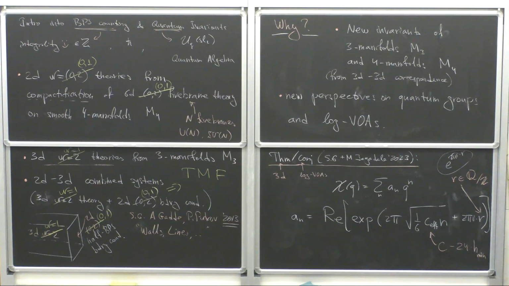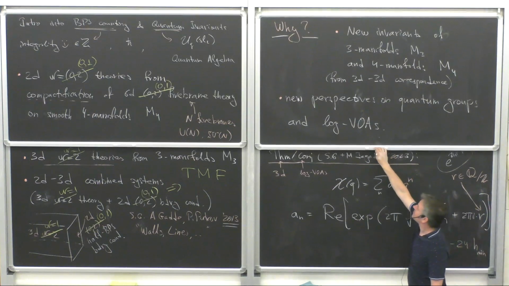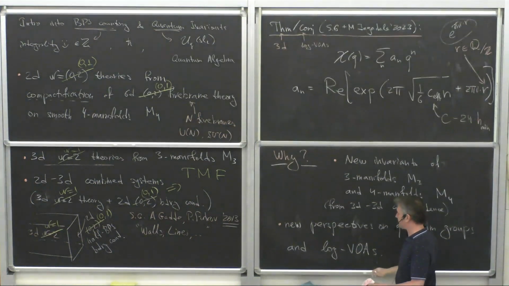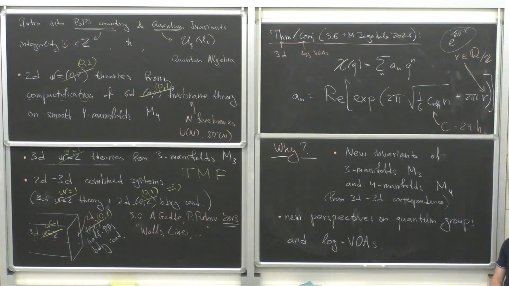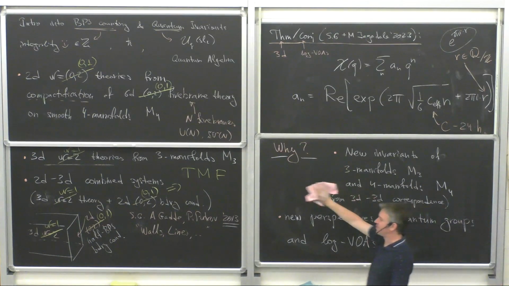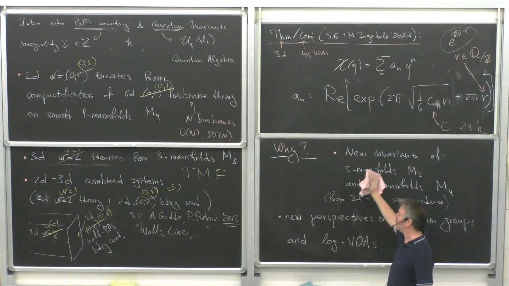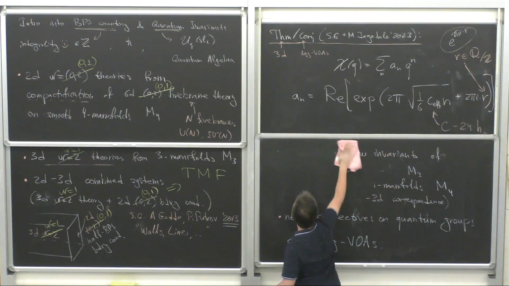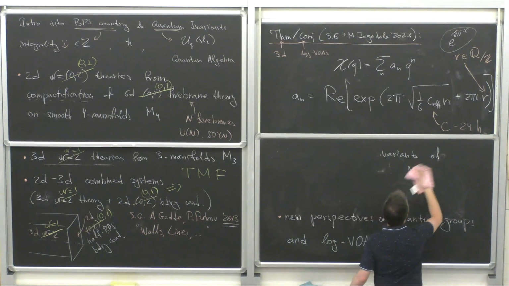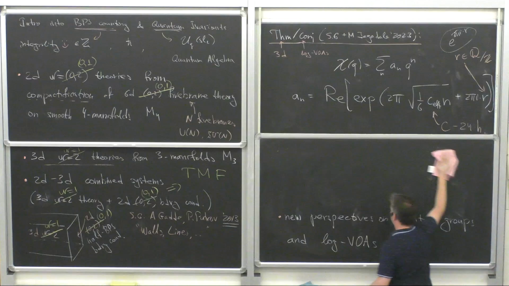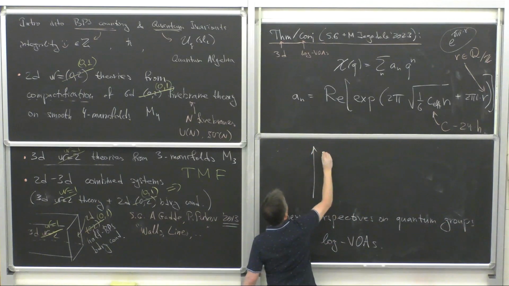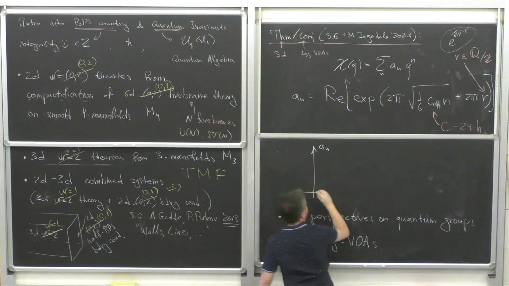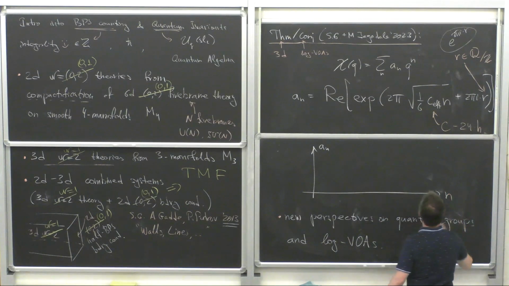But I can illustrate for you the effect of it. I'm still discussing why. The previous part was what; now we are still on the why. I'm going to erase this, but I'll show you something else instead. So if I just plot these coefficients a_n versus n,